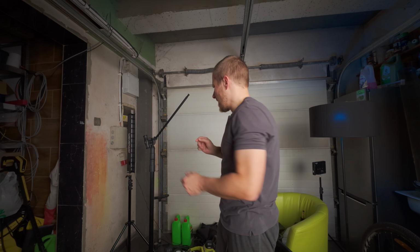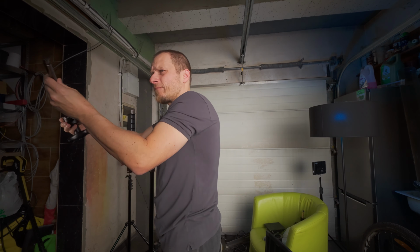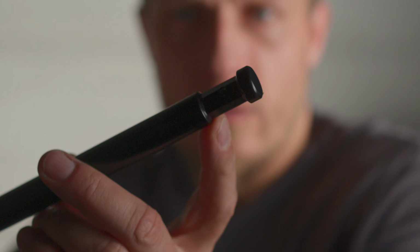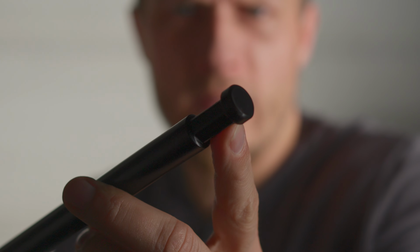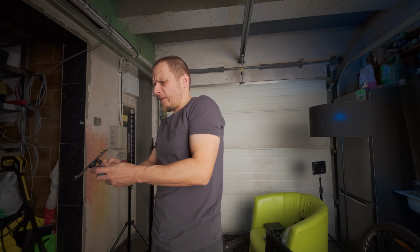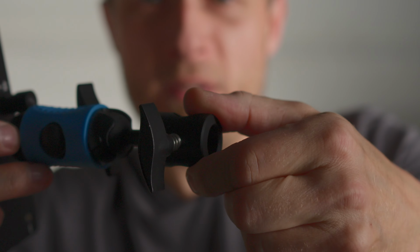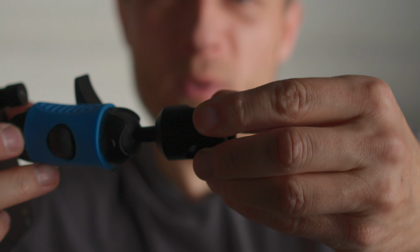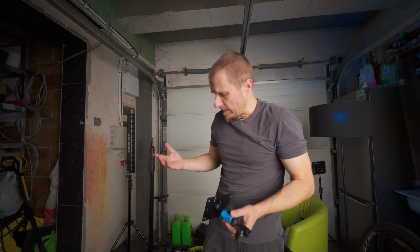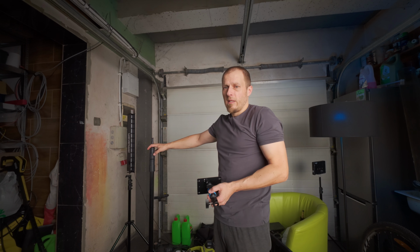Although I had one small concern about that, because this rod is fixed and there is a hex head at the end, hope it is visible, this is hex, and there are only 6 positions you can screw in the mount. I was kinda afraid that I wouldn't have the proper position, but most panels, for sure Nanlite panels, have this kind of head, and since this is a double ball head, you can rotate this piece 360, so it doesn't matter what position is on that hex rod, you would still be able to align it any way you want. So yeah, I guess that's the perfect stand for such panels,